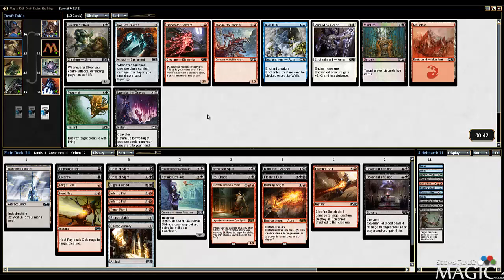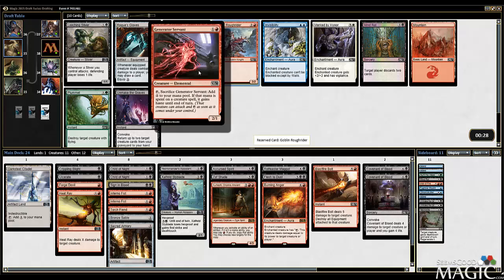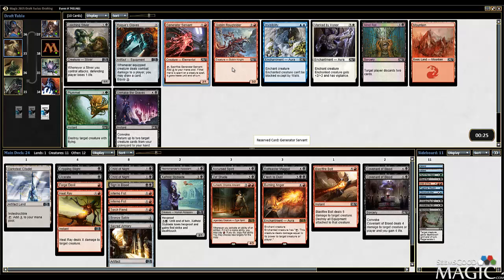Alright, great pickups here. Got the Generator Servant, got the Goblin Rough Rider. Guess Rough Rider fits the curve a little bit more, but Generator Servant can cheat spells out. It's another 2-drop. Guess Rough Rider's pretty good, though. Well, they're both good. Maybe the Servant's better. Deals less damage, but that's a bonus ability that's pretty good on it. So I think we take the Generator Servant. Leeching Sliver's fine, too, if we can table those Belligerent Slivers for sure, but we're going to take the Generator Servant, and I think we're cutting...